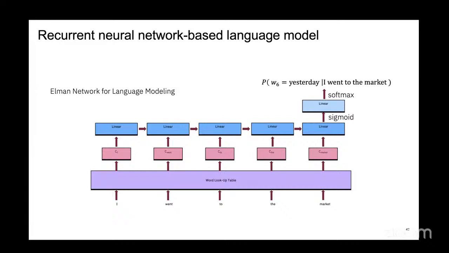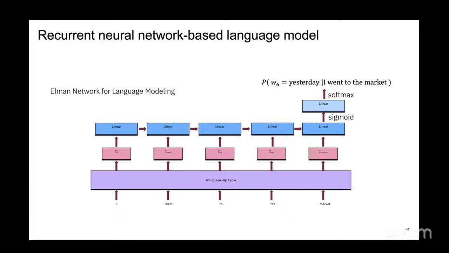For instance, in this case, I take the representation of "I went to the market" when I'm computing "yesterday", as opposed to where I used to just use "I went to the market" separately. I'm combining all the information to get the answer now. So these were the earlier iterations of models. These models started having a different set of issues, which made it very hard to build and deploy them at large scale.